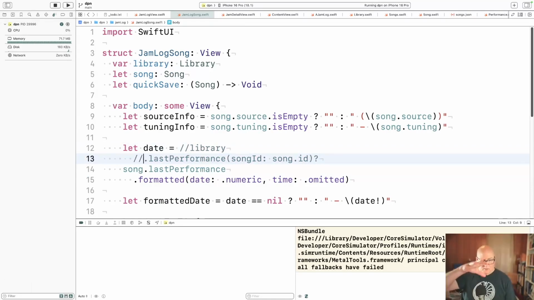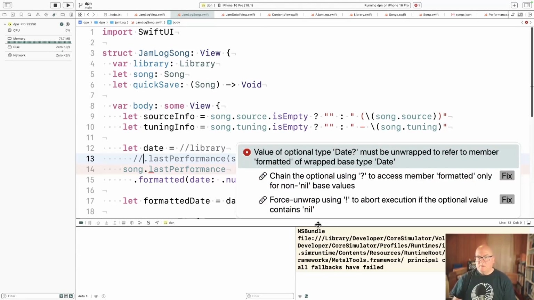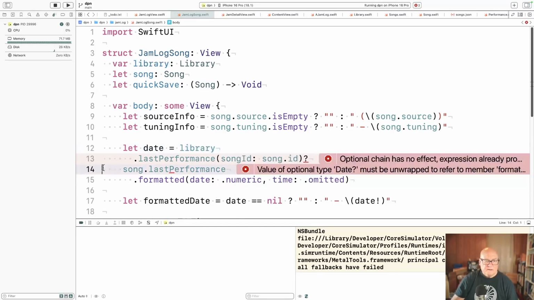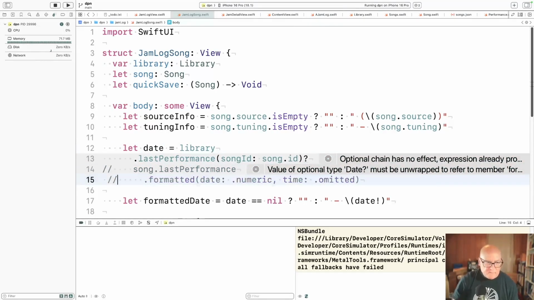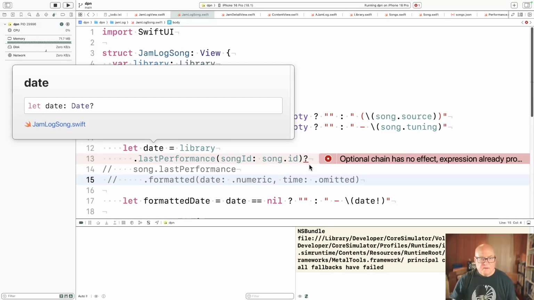Okay, so I'm trying to get the one on the page to be formatted. Value of date must be unwrapped to refer to member formatted of type date. Well, what? If I do this, date should be nullable date, right? Okay.